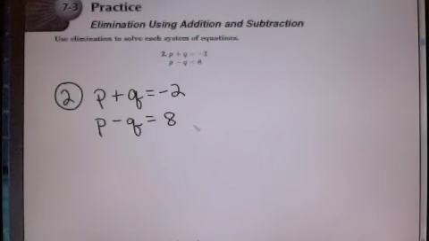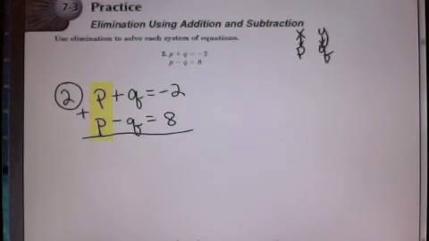In this problem you see we're using p and q instead of x and y. Typically when we use different variables we still go in alphabetical order. So in the alphabet, if we have x before y, then we also have p before q. So we'll just consider p as the x and q as the y in this particular problem. So since I have a positive q and a negative q, these are going to be able to be eliminated. So again, I'm going to add the two equations vertically,